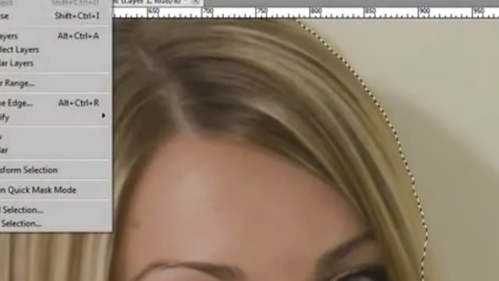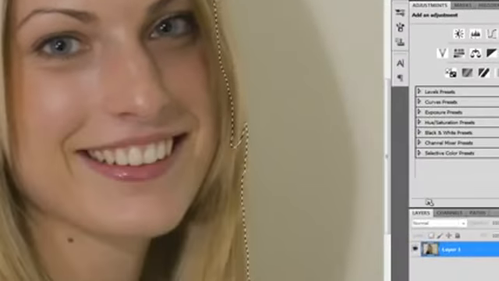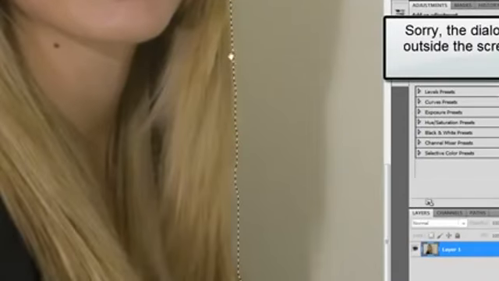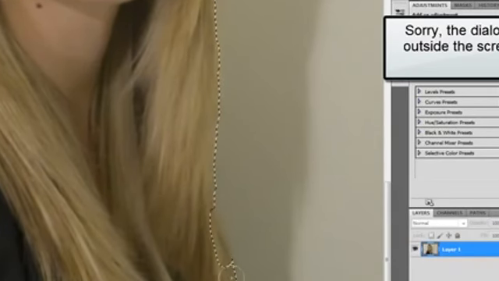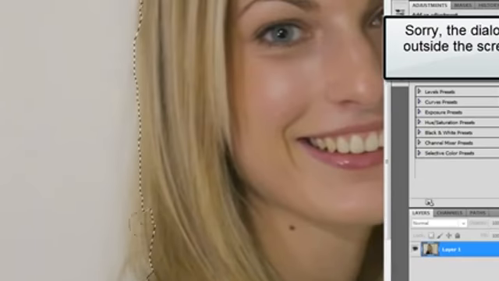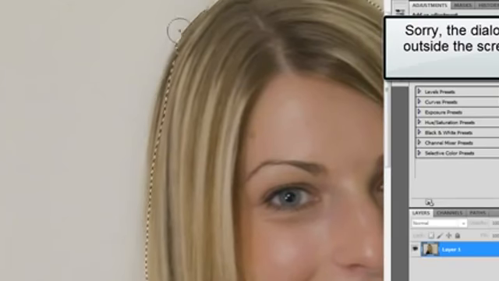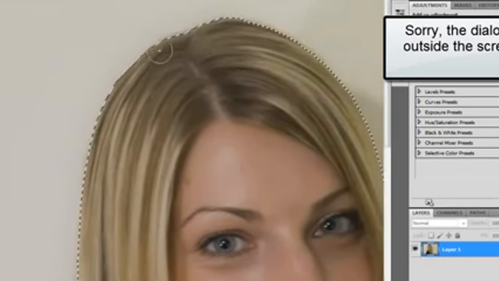You can see there's mistakes here, but I'll deal with that in the next tool, which is Select and Refine Edge. And with this tool we're going to essentially do what we just did, and we're going to tell Photoshop where it needs to look harder to find the proper edge. This image is a bit of a hard one to isolate because the hair is so similar to the background color, but we'll do the best we can in here, and then we can take care of it a little more afterwards as well. So I'm just going to go all the way around the hairline and tell Photoshop to